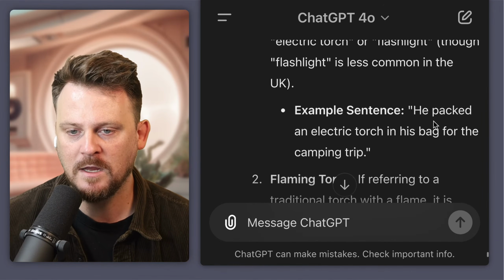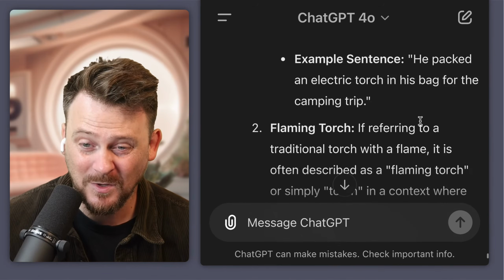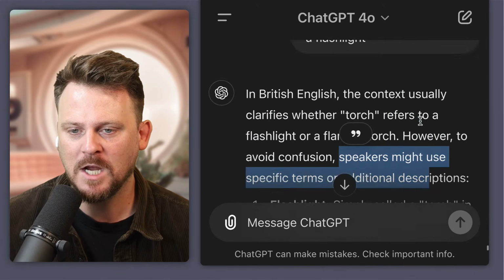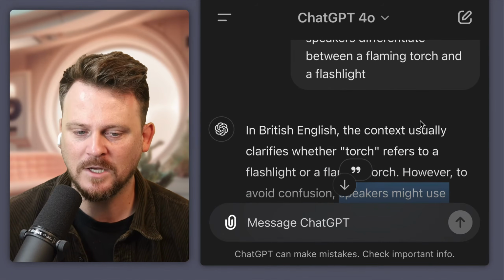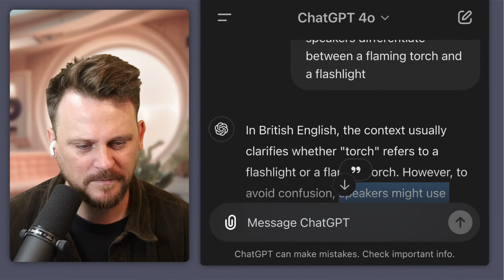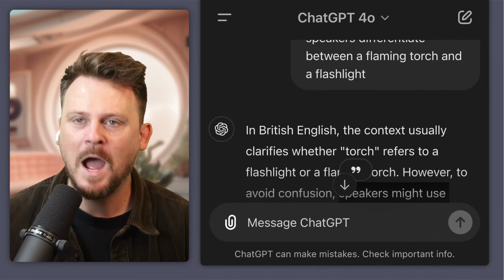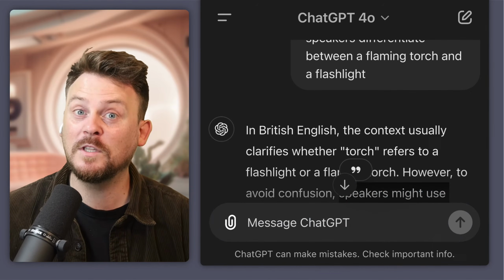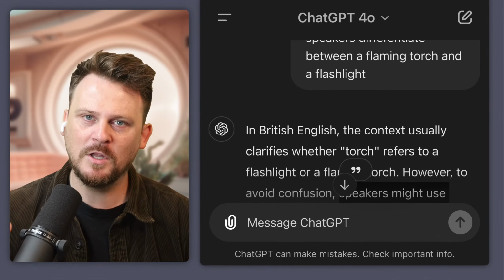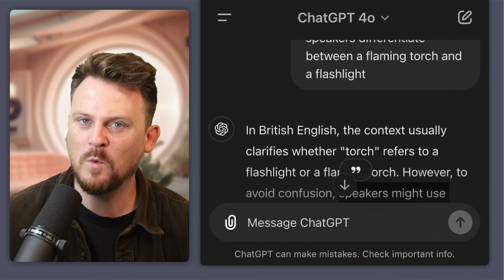Okay, he packed an electric torch. Electric torch? That's too many words. Okay, so context. Fair enough. I guess context works. But I would prefer more precise words, you know, personally. I'm noticing that in British English they use the American words apartment, cookie, but they're using them in a specific way, right?